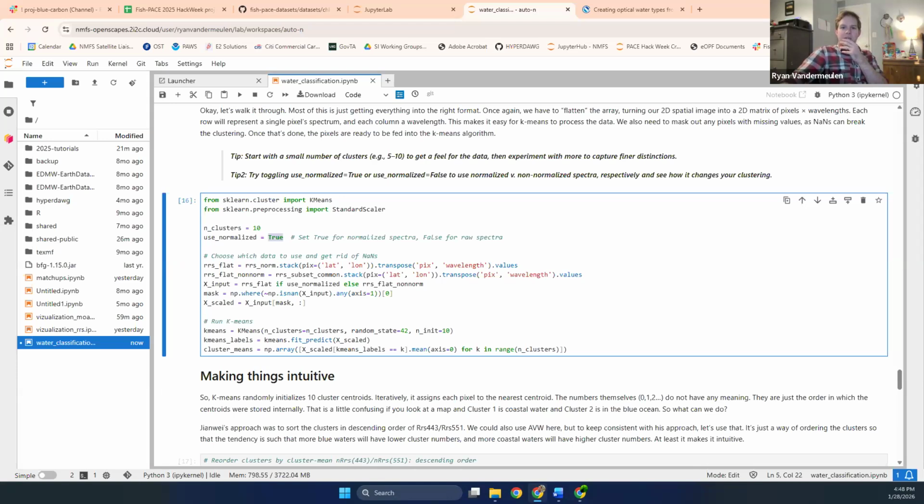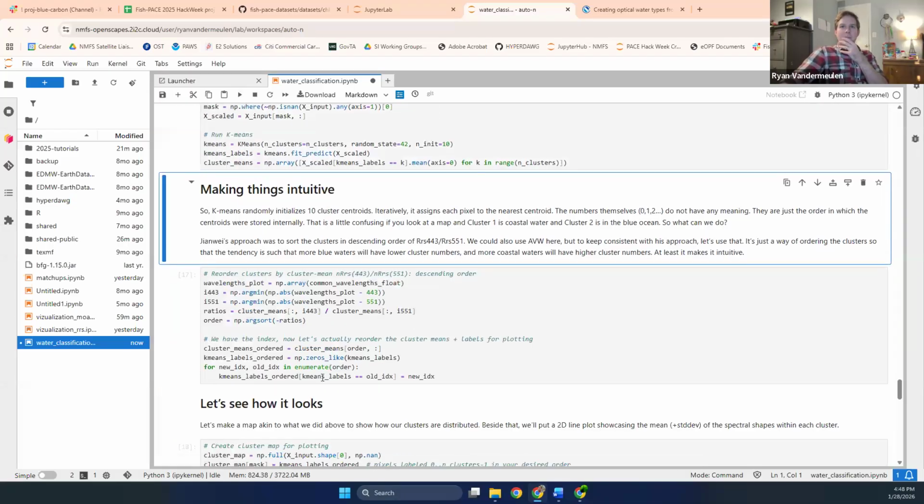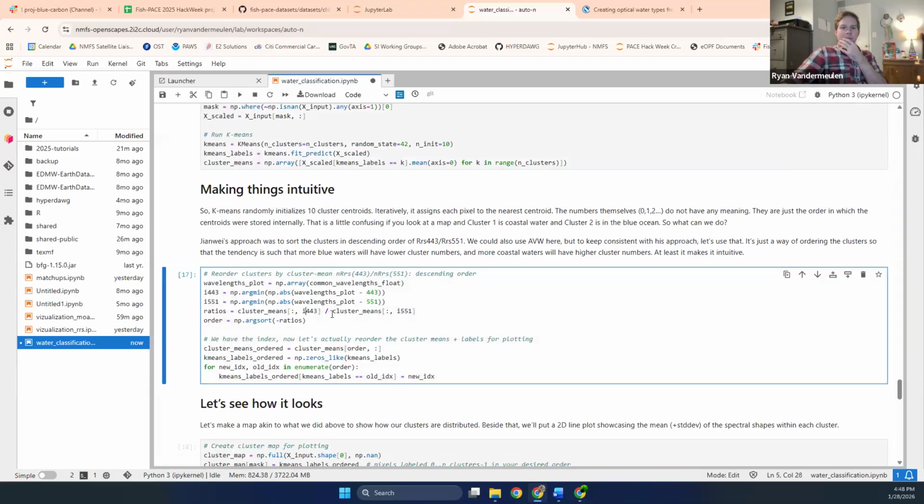All right. What else to mention about this? Fairly quick. So we've clustered our pixels. Let's take a little look at the results. First, we'll make a map, similar to our water class maps that we made earlier, just to show where each cluster falls spatially. This gives us a visual sense of the geographic patterns, which clusters dominate in certain regions, where the